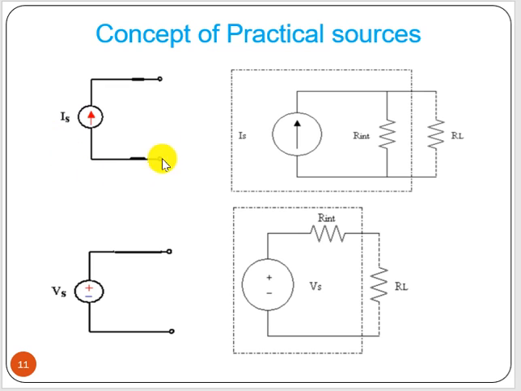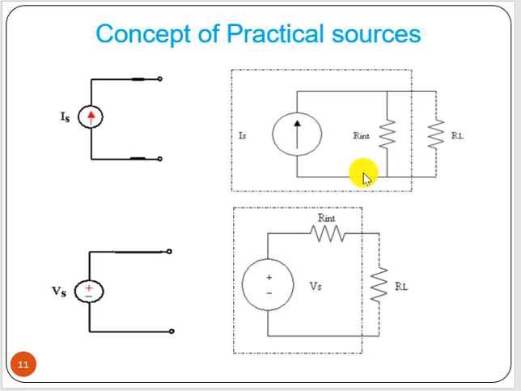So this is your ideal source where we have only a current source. In case of a practical source, we will have some internal resistance connected in parallel with the current source, and it is connected to some load resistance. So here is the load resistance, but this is for ideal. Now for ideal, all the current must flow through the RL. There should not be any current flowing through this R internal. That is for ideal source. That means this R internal value should be infinity. Infinity means the resistance is open circuited.